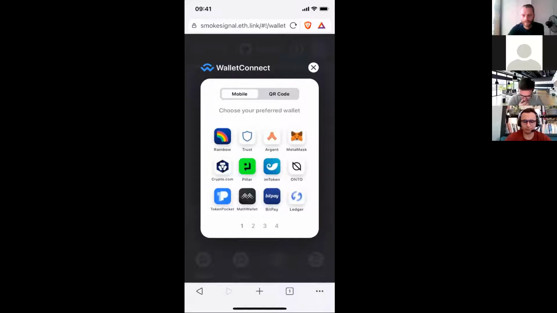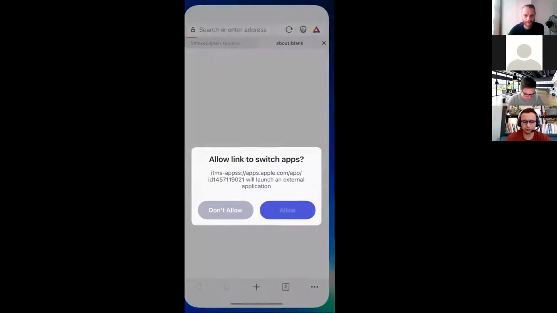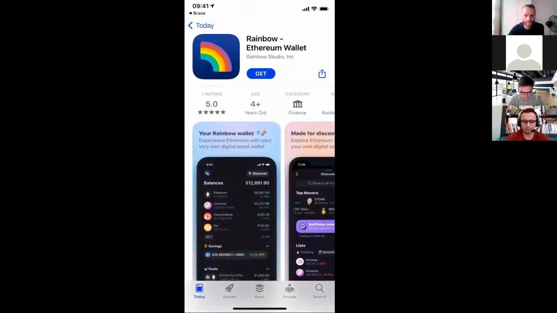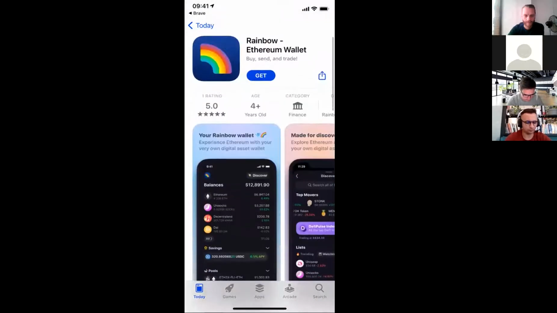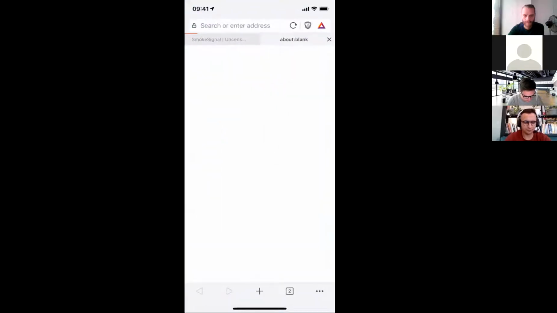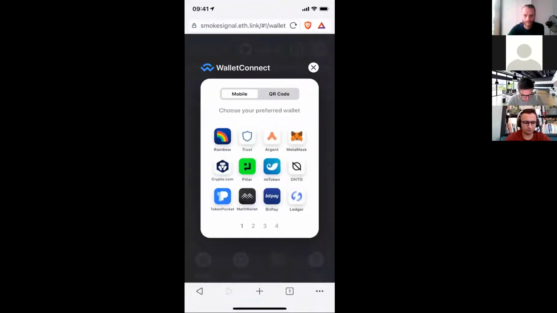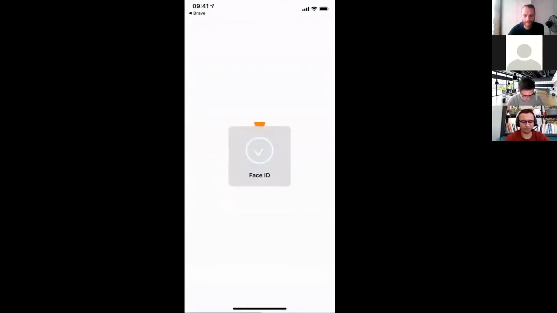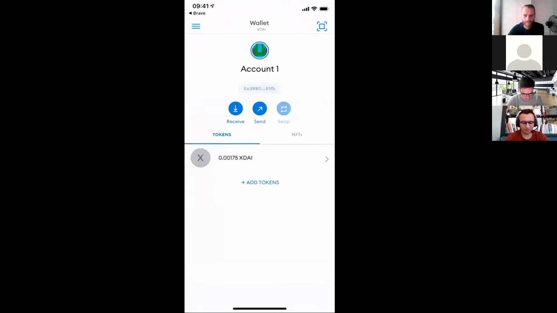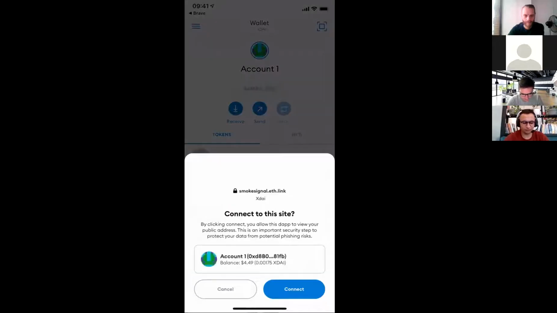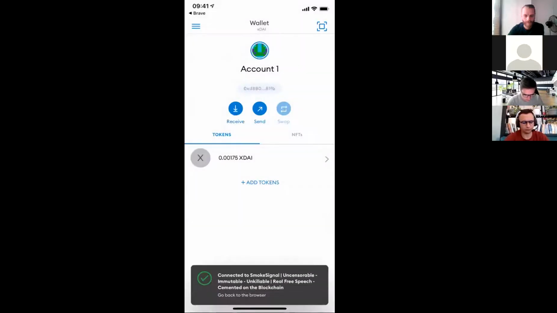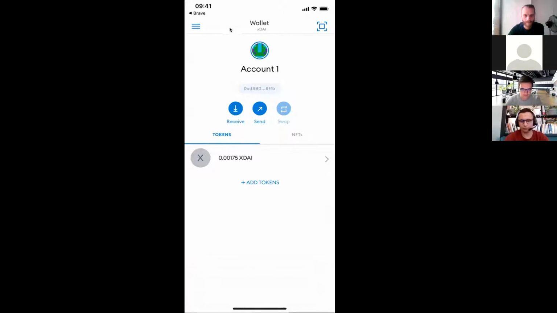Obviously, I've already installed the app, but let me just first show you what happens if you don't have the app. So something like Rainbow, for instance, on each different device, it will automatically take you to the corresponding app and make it quite easy just to install that wallet. But if you already have the wallet, so MetaMask, you'll see that it just opens the app. In my case, it just does the Face ID authentication and then asks me to allow a connection to smokesignal.eth.link, which I can just allow. I've already added the XDAI RPC, so it wasn't necessary to switch, but you can actually